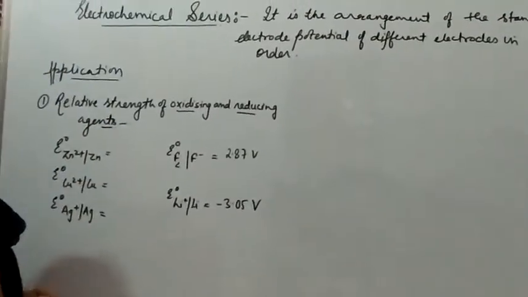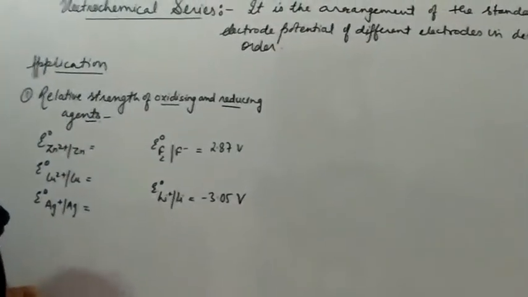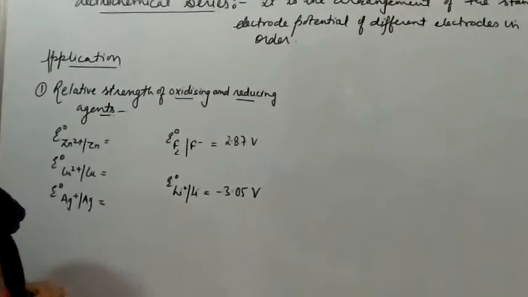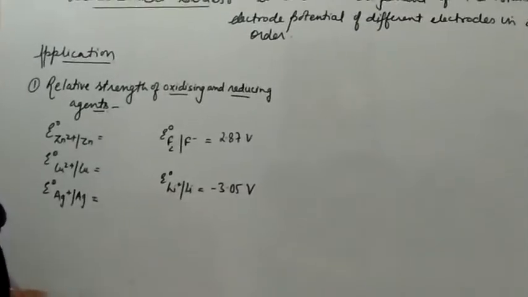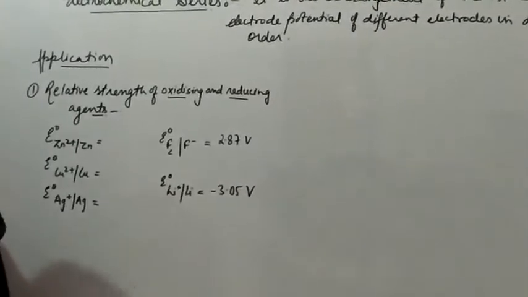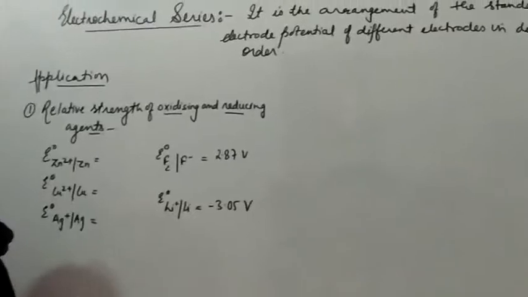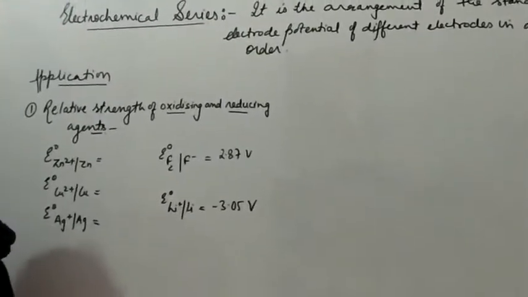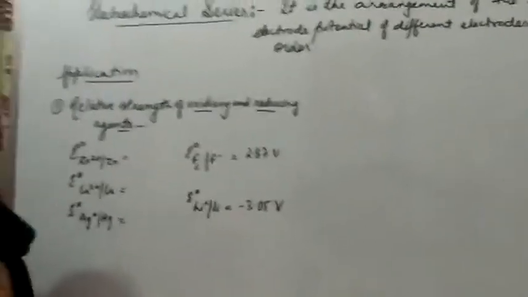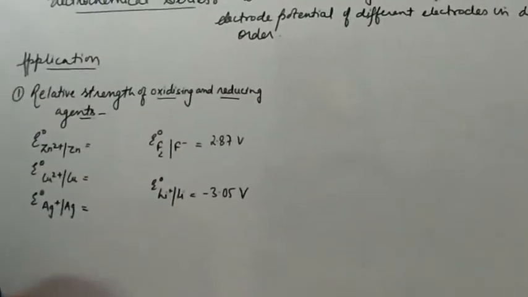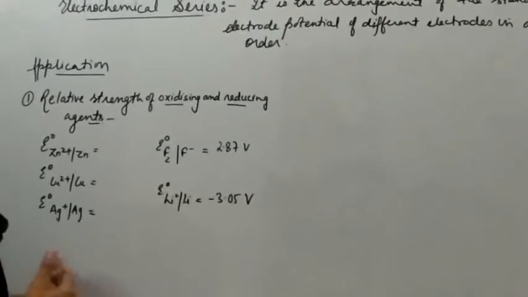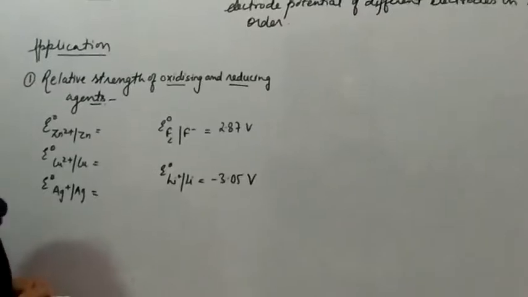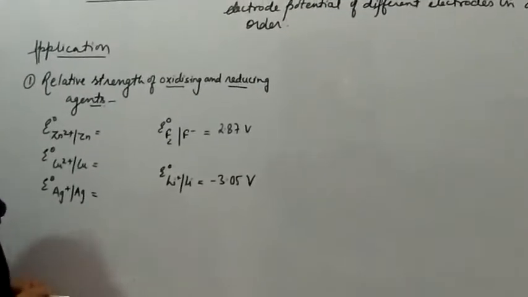So students, the metal, or we can say the element, which will have the tendency to accept the electron, that means its tendency will be to show the reduction, right? That will be acting as an oxidizing agent. In the same way, the reducing agents are those elements which have the tendency to lose the electron, and hence their nature will be the reducing nature, and they will be known as reducing agents.